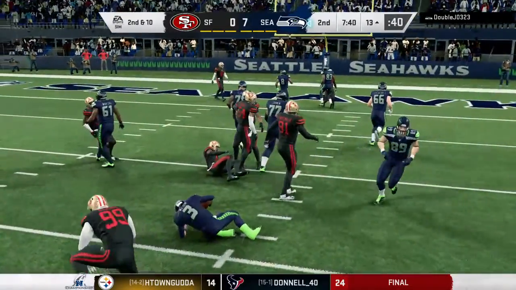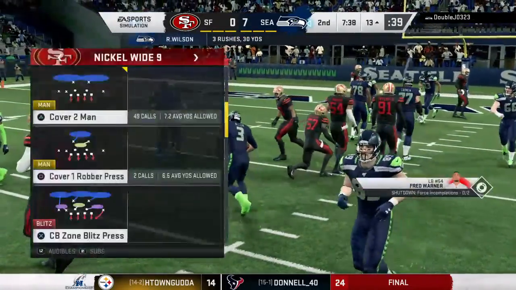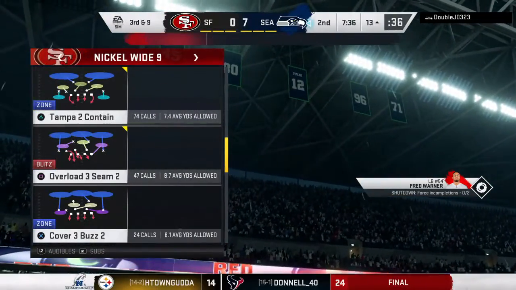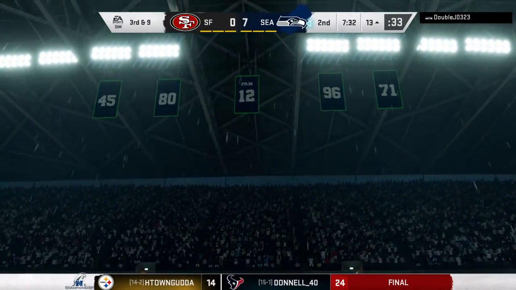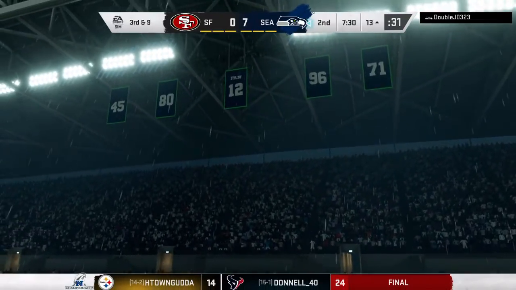Stepping up, he's going to keep it. Call it no gain on the keeper, and it's going to bring up a third down. Taken down by DeForest Buckner. No gain on the play. Brings up third down and